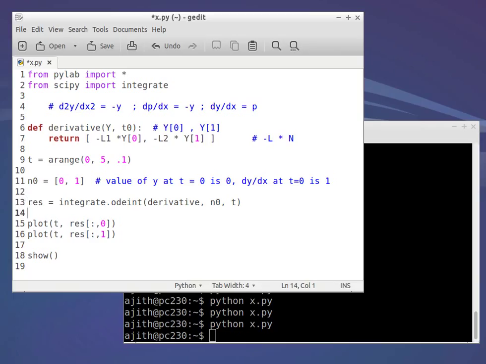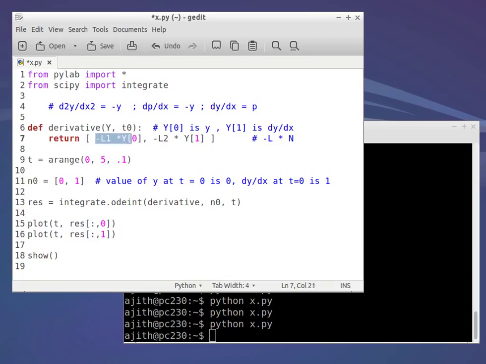Okay, so that's it. Now if you come here, you can see you are passing, say the first time when it is entering this program, this y0 will come with 0 and 1, and the first element, here y0 is our y, and y1 is our dy by dx of that, because we are putting the function, and the second one is the derivative. So now what it is supposed to return,